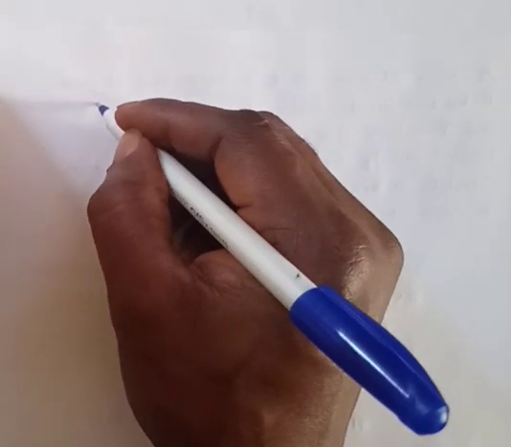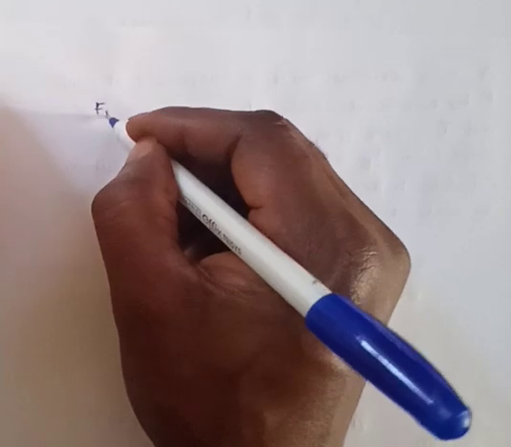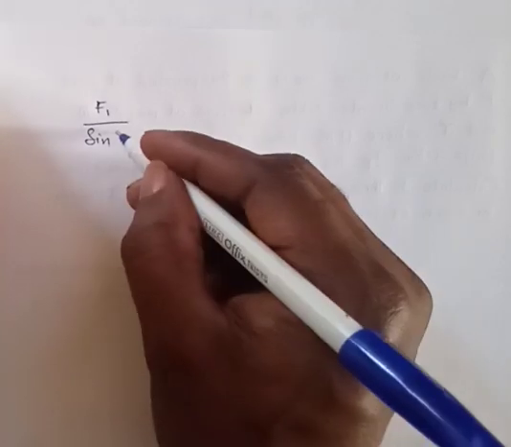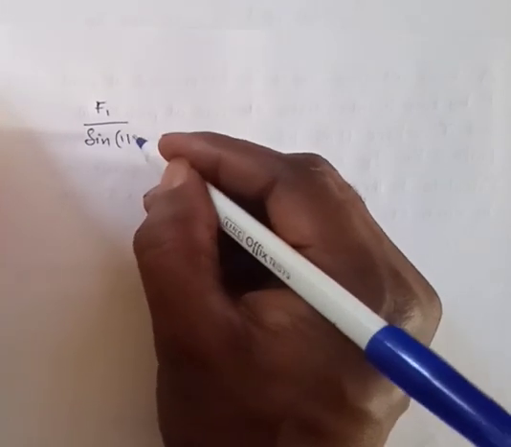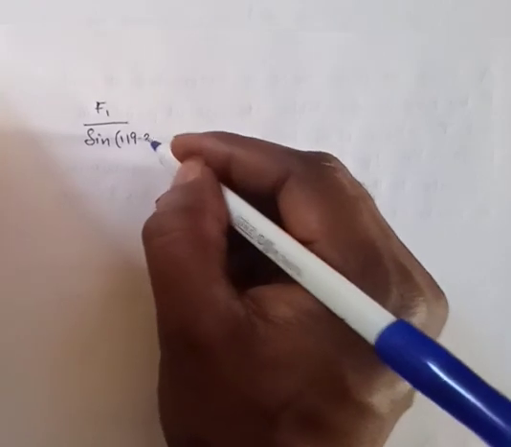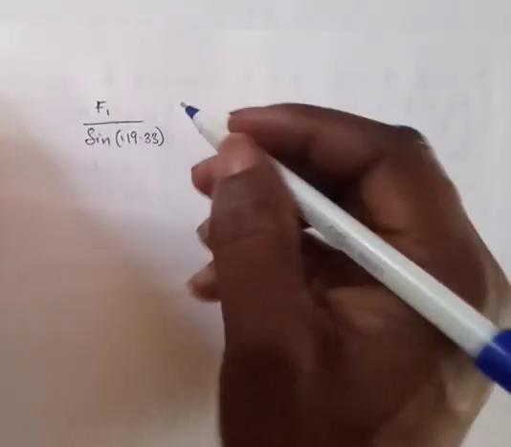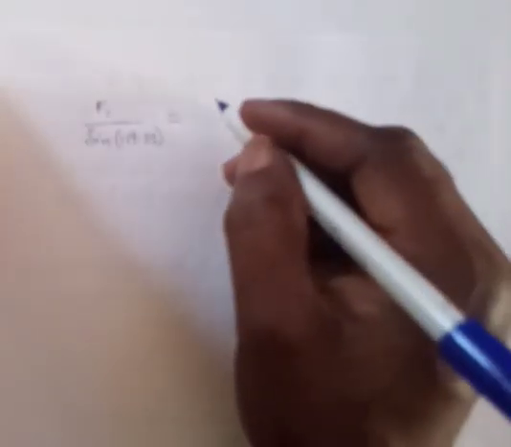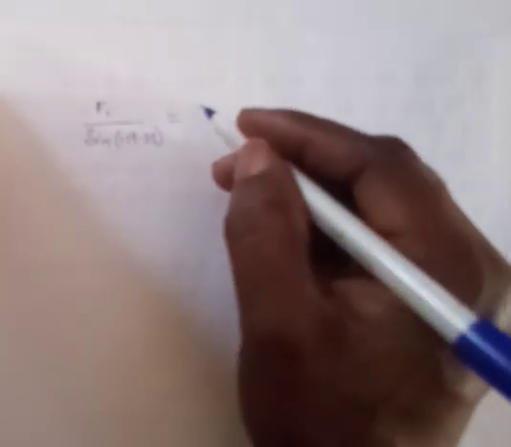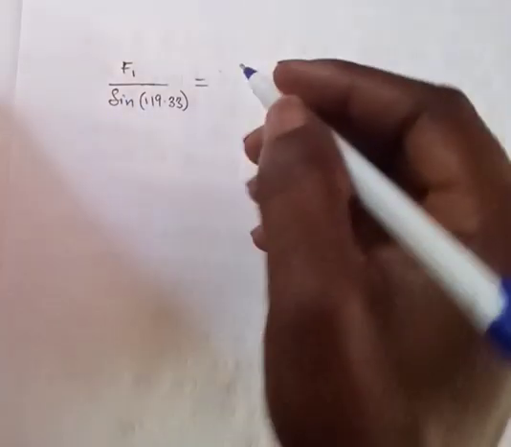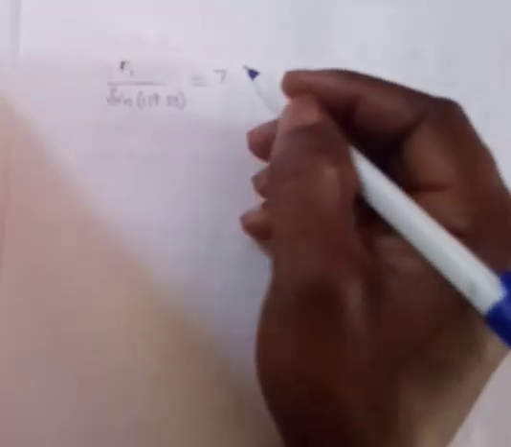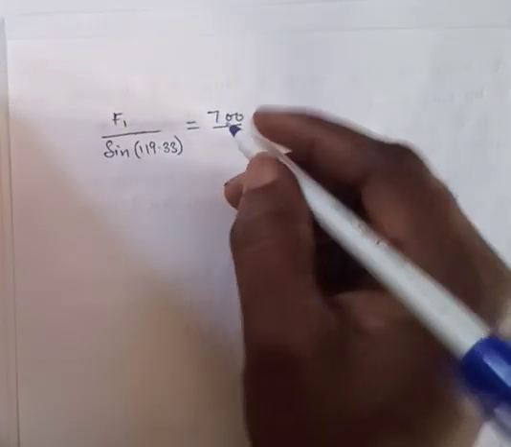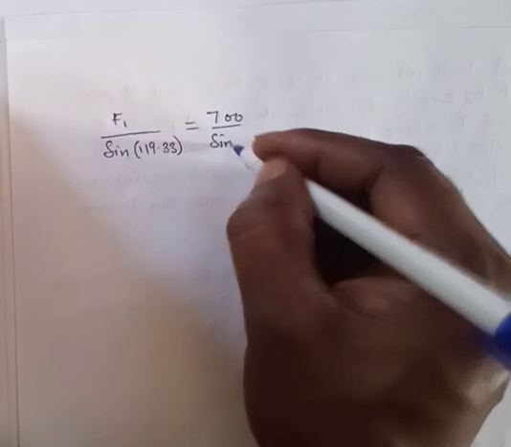So we have first F1, all divided by sine 119.33, which should be equal to, then we equate to the other part, 700 divided by sine